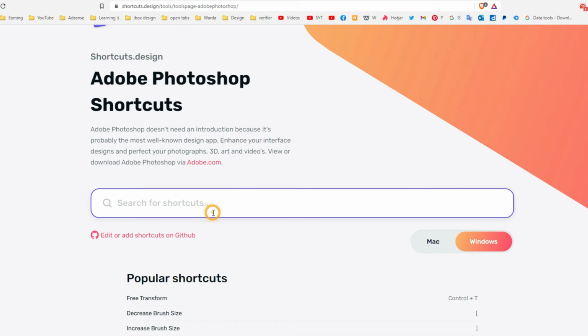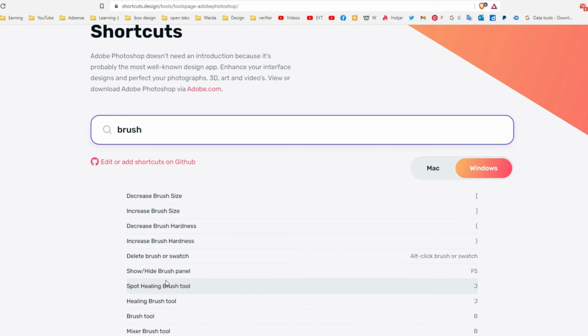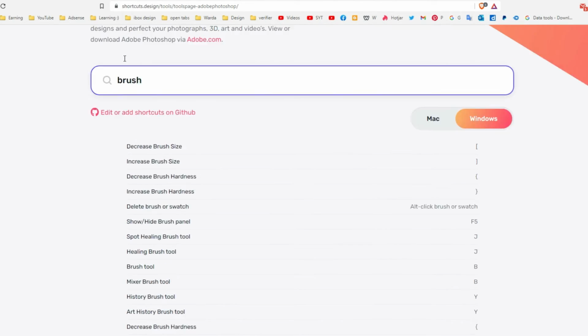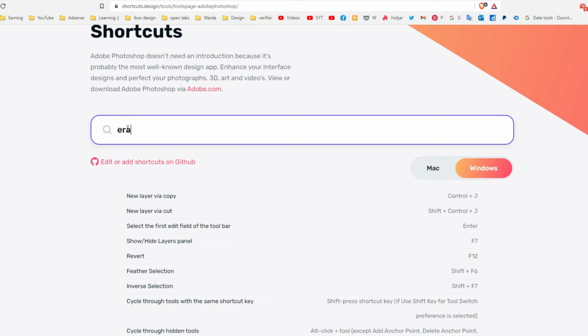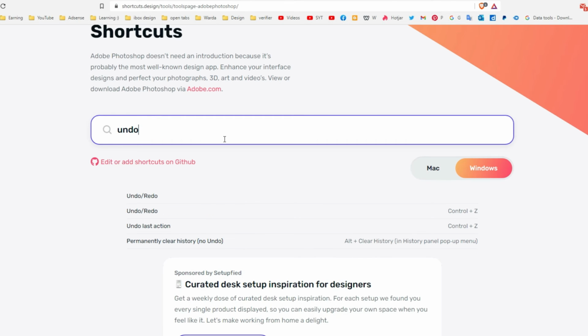But sometimes you want to search for a tool, for example brush. Just write brush, and you can see decrease brush size, increase brush size, show hide brush panel. So there are many things here. Brush tool, for example, we want the eraser tool, E. For example, we want undo, so either redo, Ctrl+C,